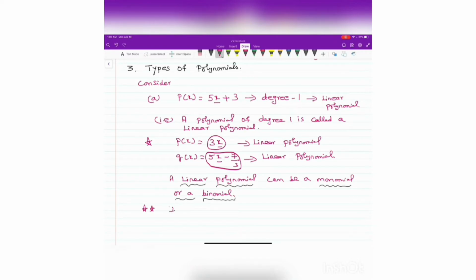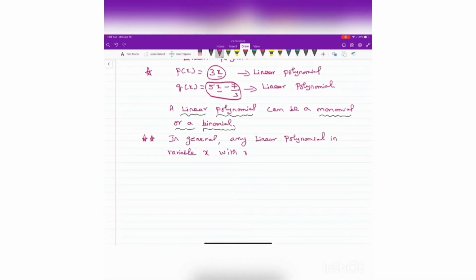In general, any linear polynomial in variable x with real coefficients, that is a very important point, with real coefficients, will be of the form